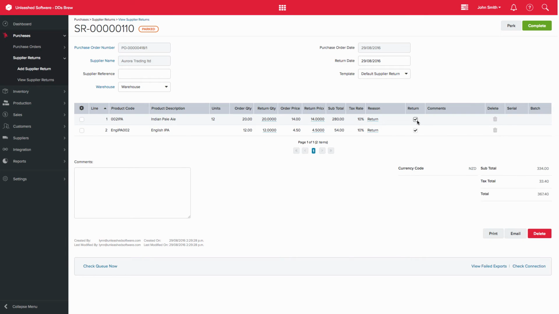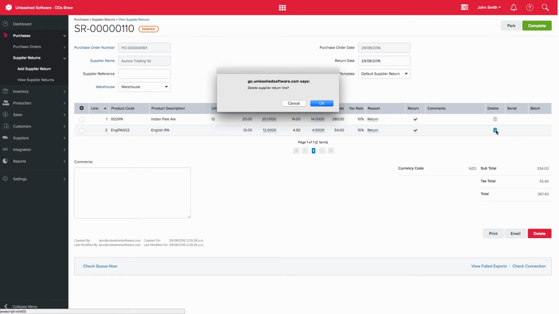Let's look at the return checkbox. It's very small, but it is very important to your business. You'll need to decide if you are returning the goods to the supplier. If yes, you can tick the box and the stock on hand will be reduced once the supplier return is complete. If you are going to keep the goods, then the stock levels remain as is, and then you would deselect the checkbox. For this example, I want to return the Indian Pale Ale,